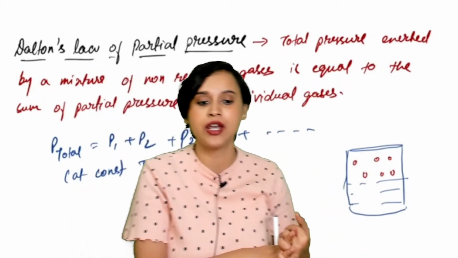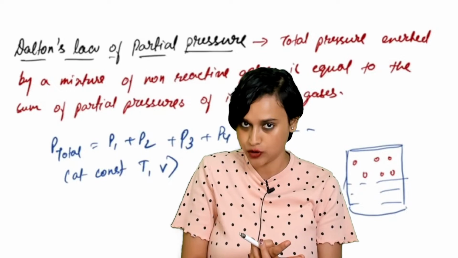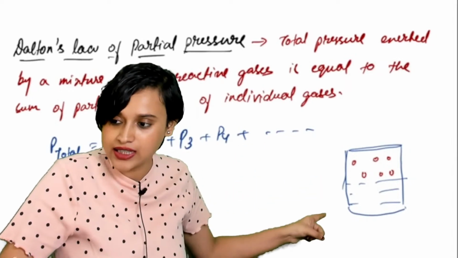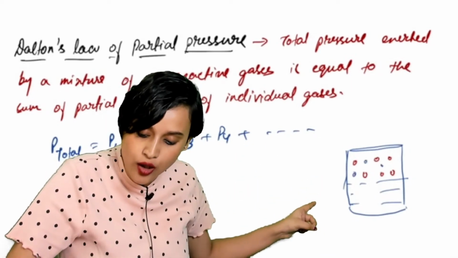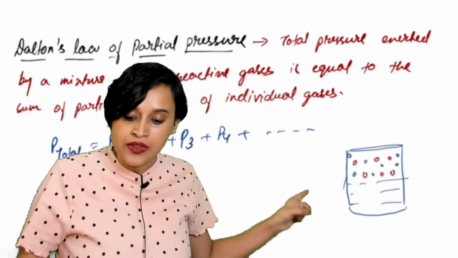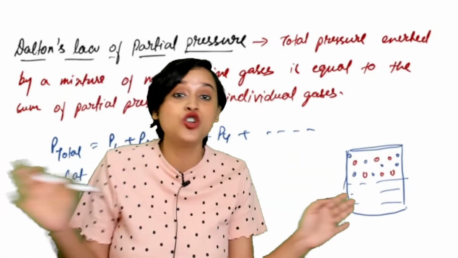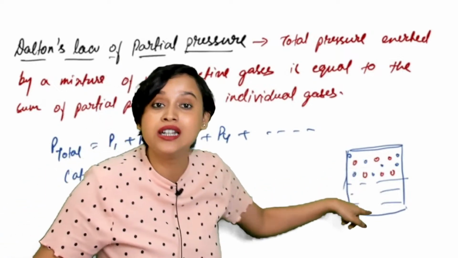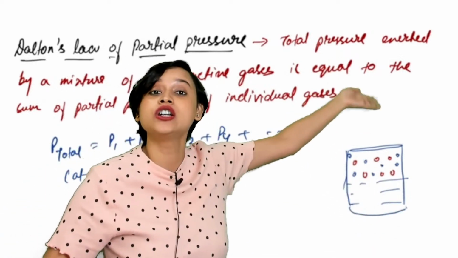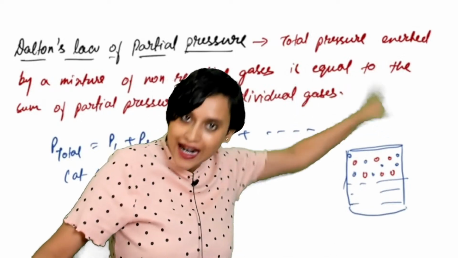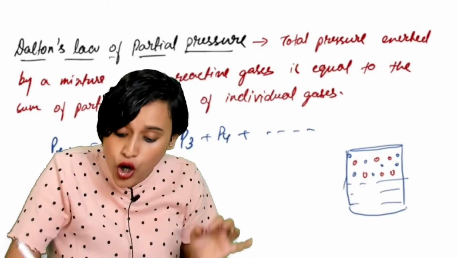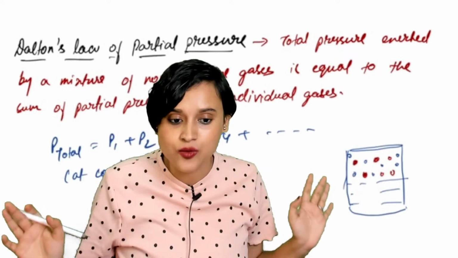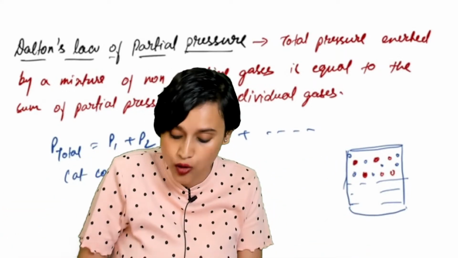So the pressure that is exerted by saturated water vapor is called aqueous tension. Now, in this container, the liquid part also has some amount of vapors. But I do not want the pressure of the water vapor. The liquid which is getting converted into gas is also exerting some pressure, and I don't want that. I want only these red particles that you see, the pressure of the dry gas. How do I find it out?